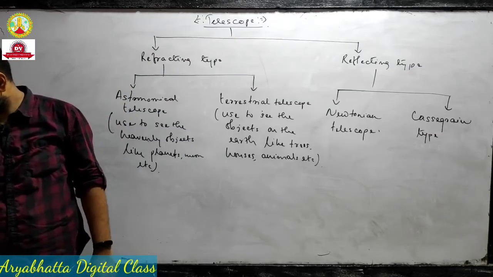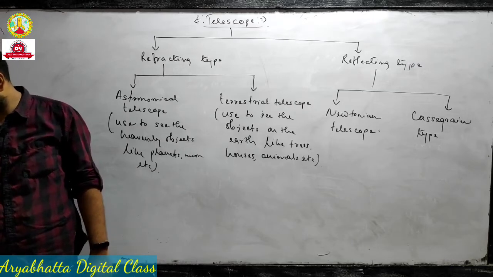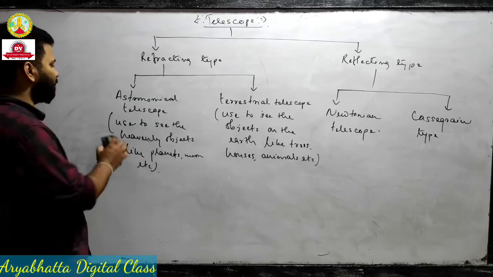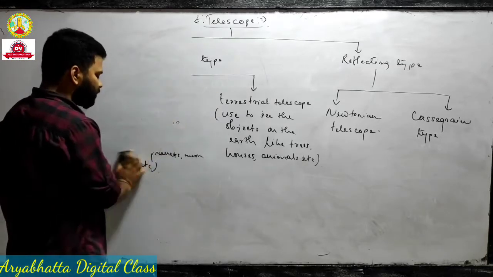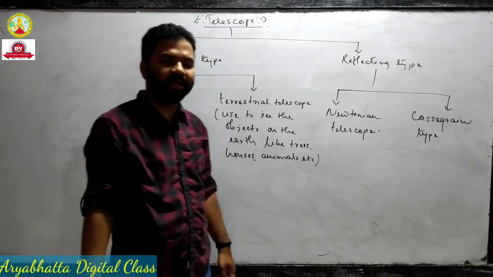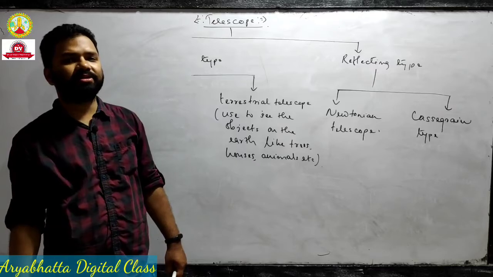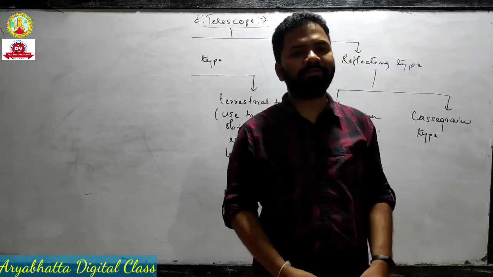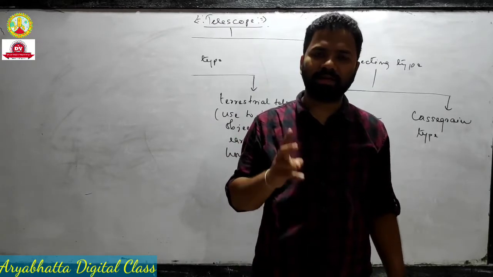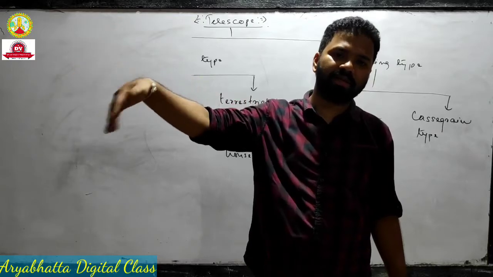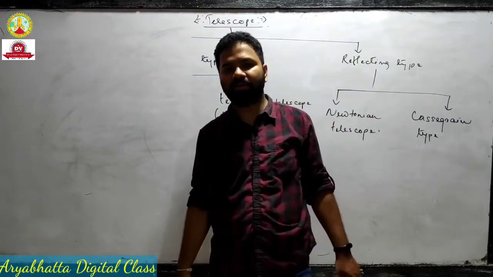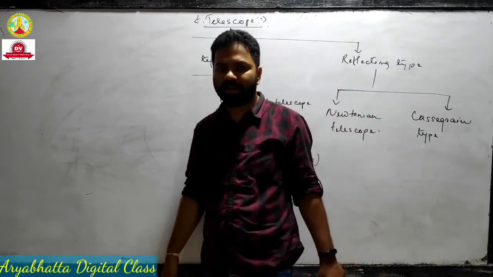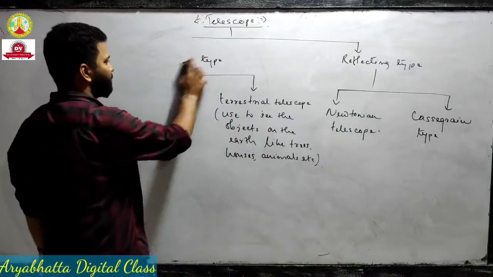Now we have to go for deriving some expressions for refracting type telescope. So first we will do it for refracting type telescope. Okay, so as you already know, our eye can see the object between least distance of distinct vision, that is 25 centimeter, to infinity. So here also we have to calculate the magnification for two cases. When the image is at least distance of distinct vision, that is when power is maximum. Another one when the object is at infinity or the image is formed at infinity, that is when power is minimum. Okay, so we have to do it for two types.